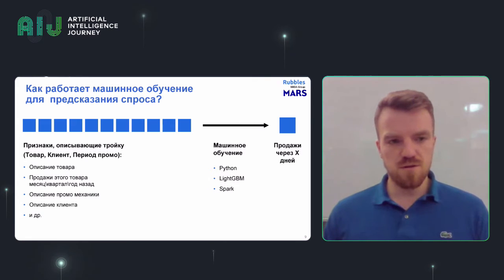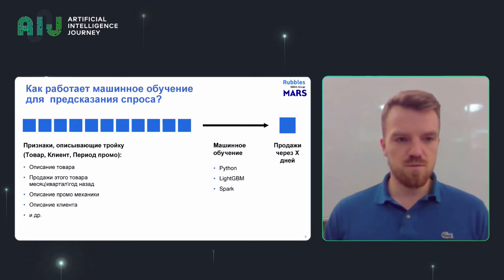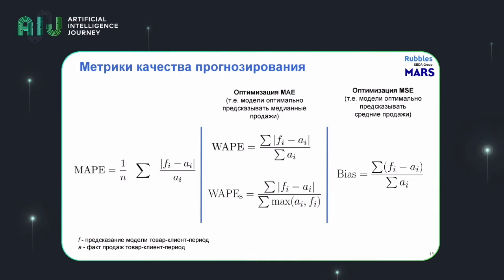Next, the model will look for correlations. Well, for example, our target function may be the demand function, and we will use the same attributes to describe the objects that we want to predict or forecast in the future, and then the model will identify some correlations and will predict values of the target function in the future. We are using a Python-based ML model. It's actually a LightGBM, gradient boosting model, and we're using Spark in order to manage big chunks of data. So we have the model in place.